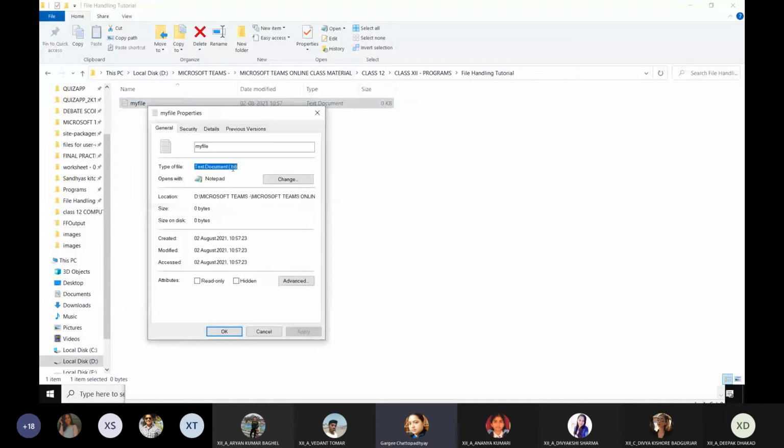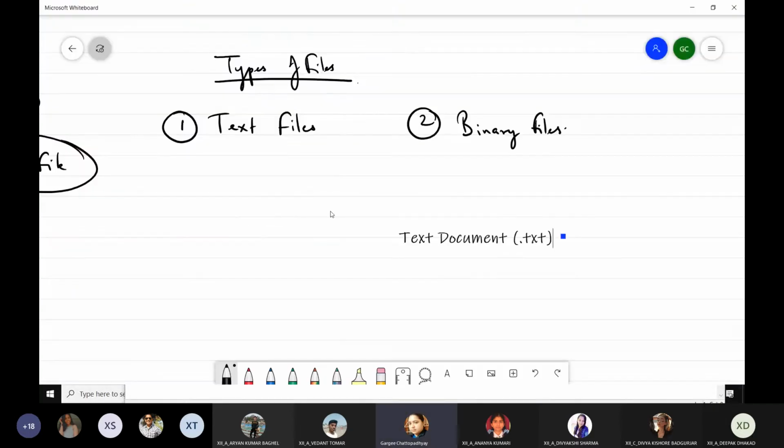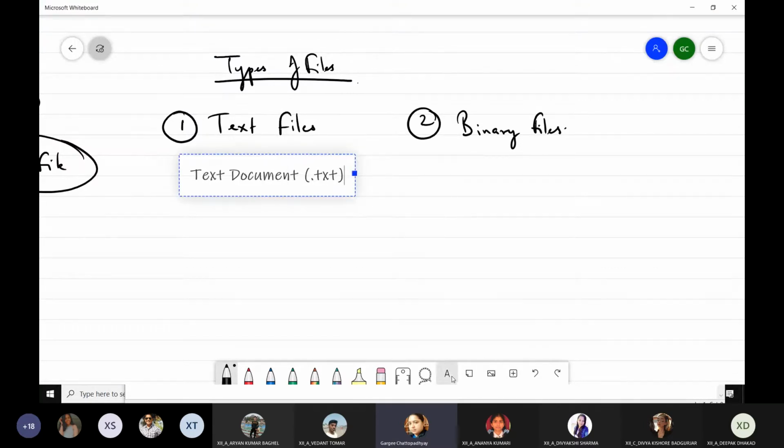It will show the type as .txt. I'm copying this. Let me come back here. So what is the extension which you see over here? It is a .txt file. So you created a text file, and normally text files are created in simple editors like Notepad, WordPad, gedit, and so on.